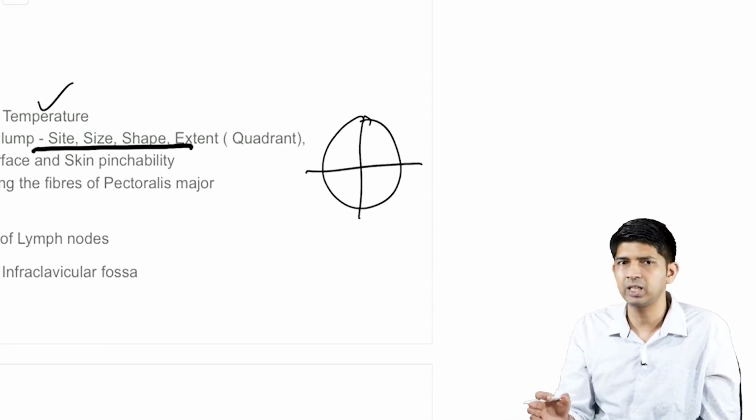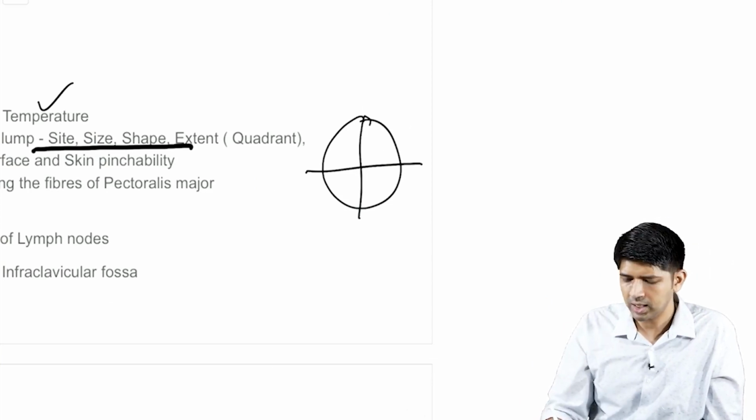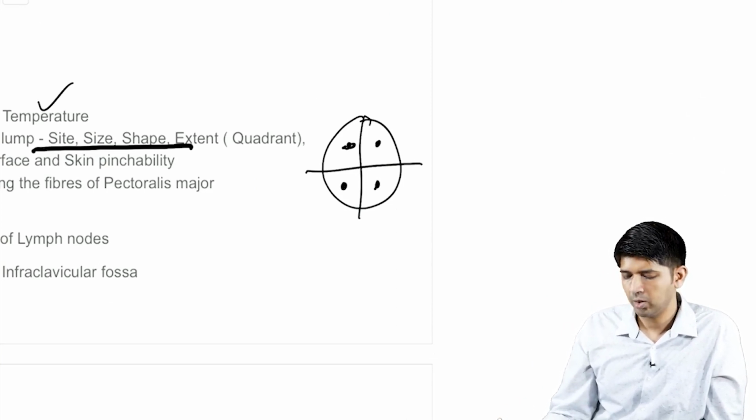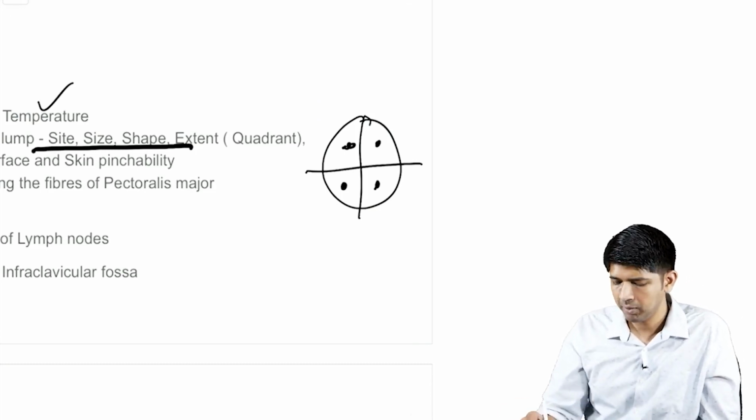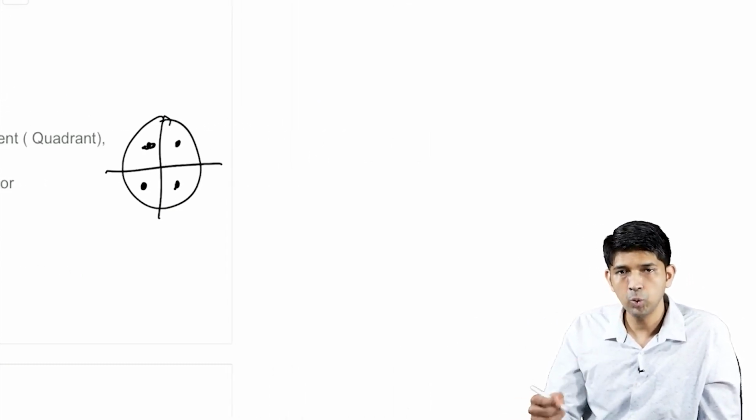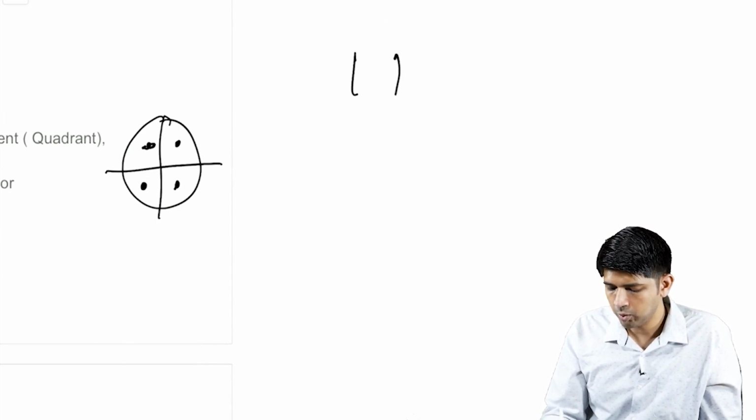You don't have to say extents from here to there to here to there. So you can just say either it's the upper outer, the lower outer, the lower inner, or the upper inner quadrant. Okay, so if you say the quadrant, it's quite enough. But if examiners do insist that you need to specify the bony landmarks,